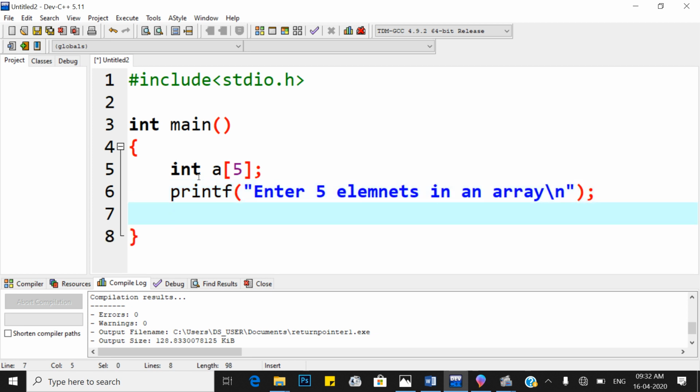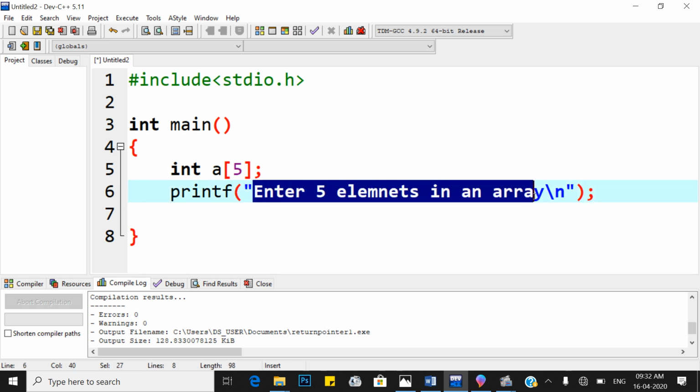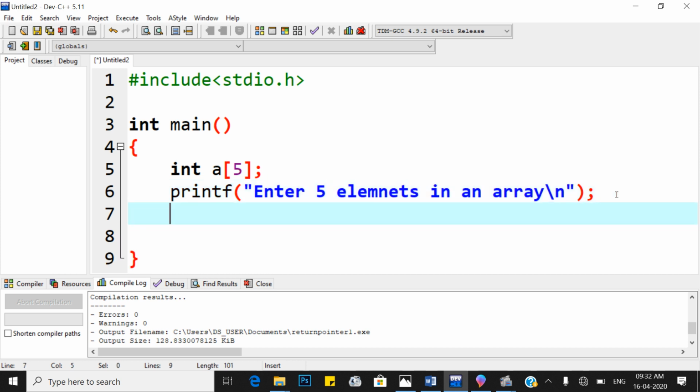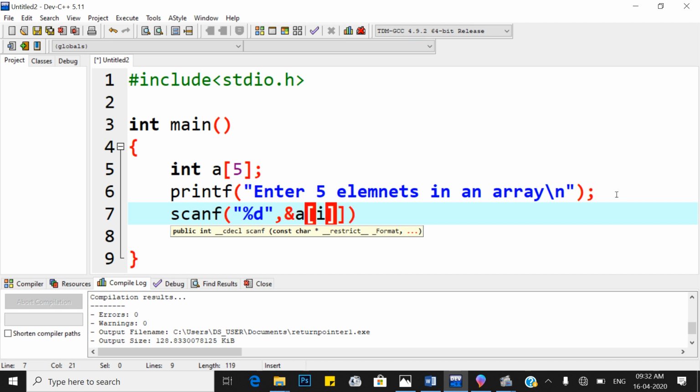After giving the message to the user to enter 5 elements in a one dimensional array, we have to scan it using scanf function. Elements are integer type, so %d, and we have to scan it into address of a of i.